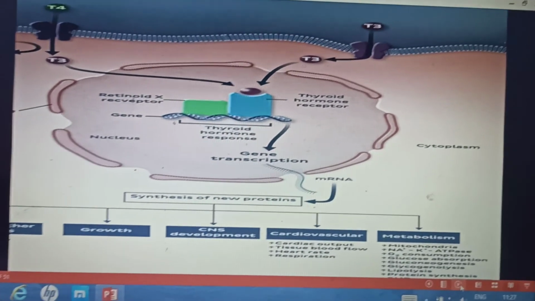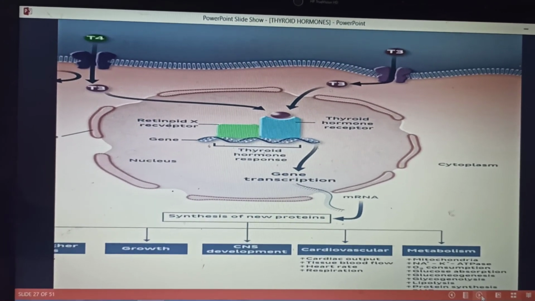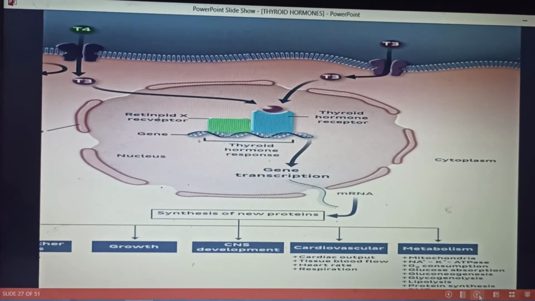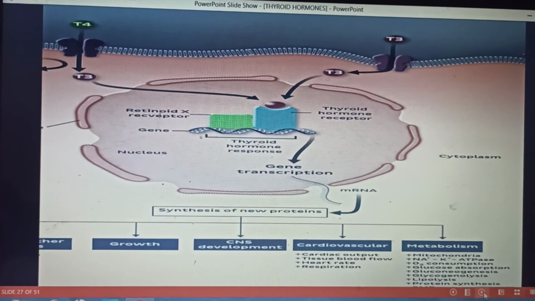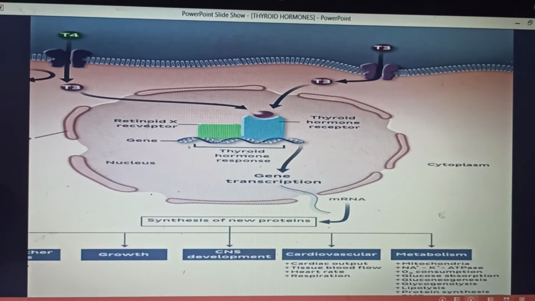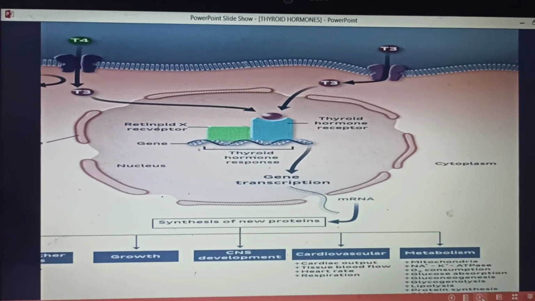Now coming to the molecular mechanism of the thyroid hormones, how do they act inside the cell? We have seen the release, we have seen the transport. Now when they reach the target cell, how do they act? Now T3 is highly lipophilic, it is the biologically active hormone. It enters the